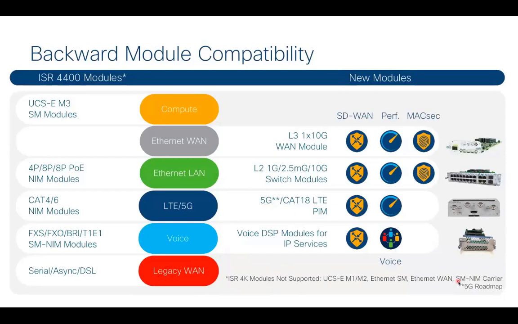So what we did is we introduced better capability, new generation modules on the WAN, LAN, cellular, and the voice services side. And on all these new modules, we will have the SD-WAN support from day one. WAN AppSec is supported on the WAN module and the layer 2 UADP 2.0 based switch modules for MAC layer security. And on the voice side, we have introduced new DSP voice modules in the NIM form factor with 32, 64, 128, and 256 voice channels.